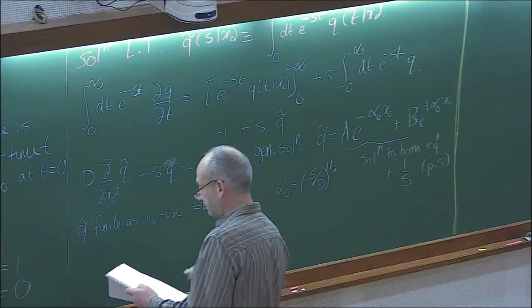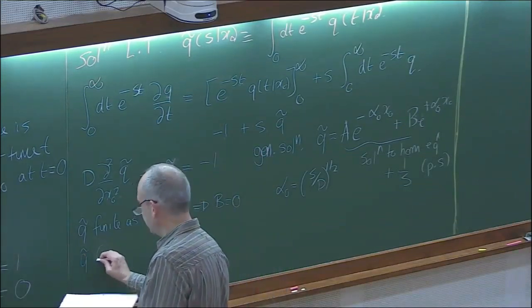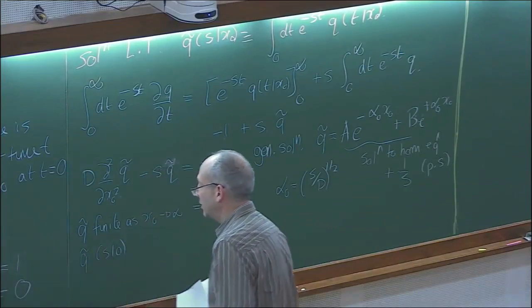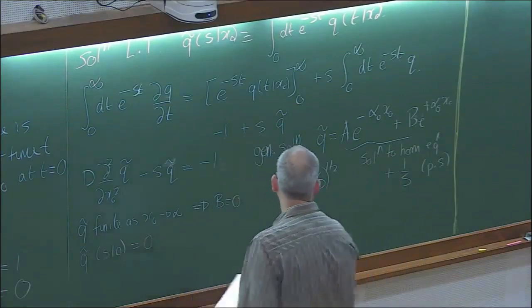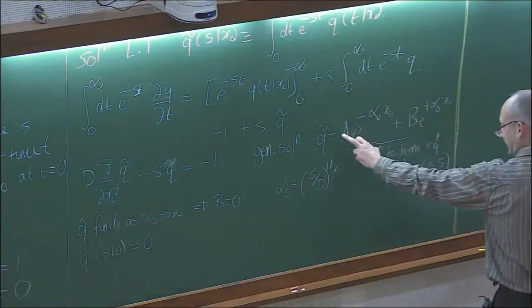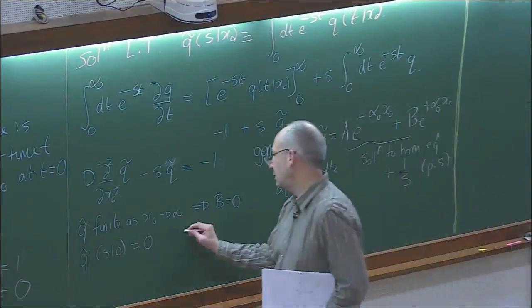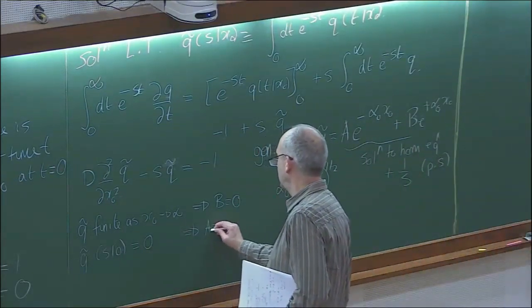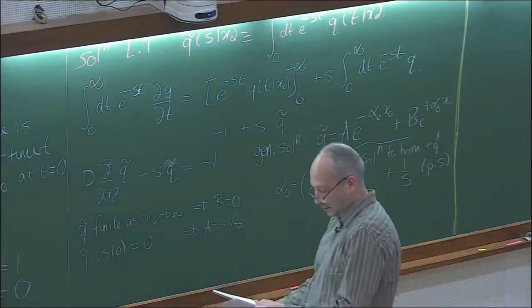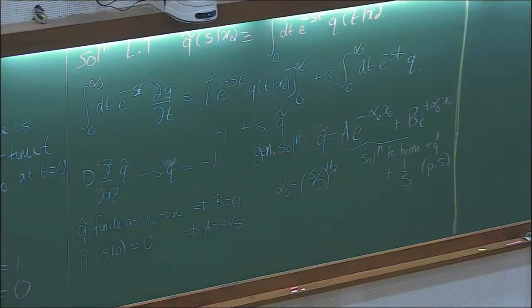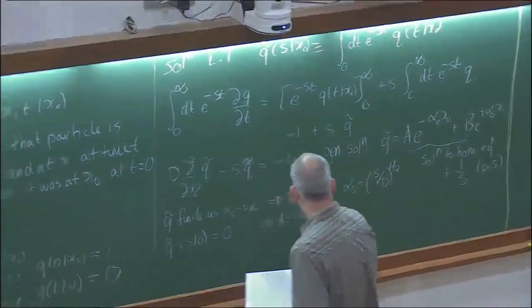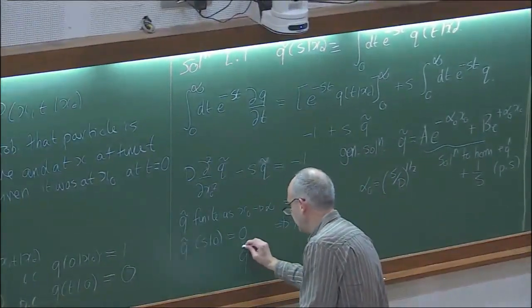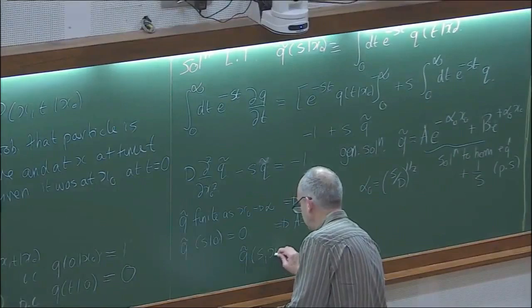Then we have the condition, what I call the boundary condition, that q of s when x naught equals 0 equals 0. So I'm left, when I put x naught equals 0, the a must cancel with that. And so the job is done. It actually wasn't too difficult. And the solution to this with the boundary conditions is, if I put it all together, I get q tilde of s, x naught equals 1.